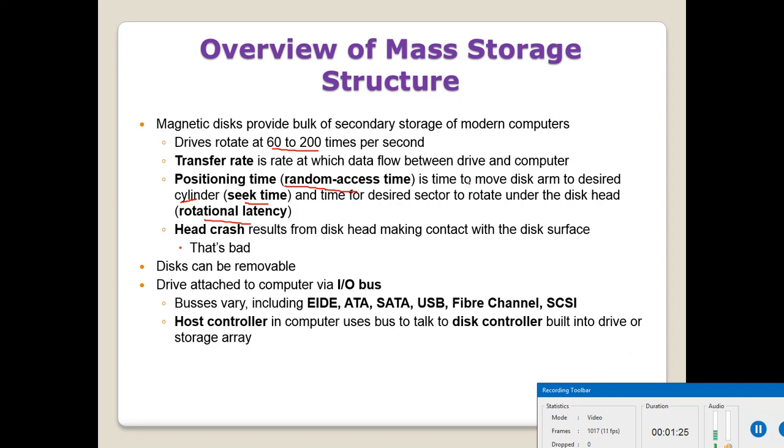So what is seek time? Seek time is the time required by the disk to move the disk arm to the desired track, or as we call it, the cylinder. And rotational latency is the time taken by the disk to find the desired sector on the required track. So seek time is to find the correct track on the disk, and rotational latency is, on a track, to find the desired sector where to read or write the information.